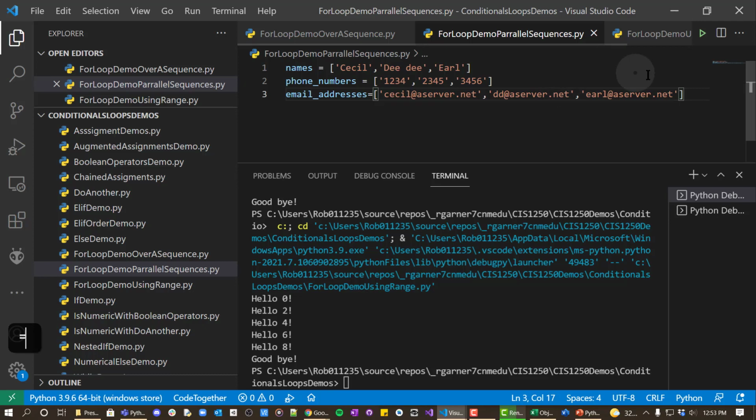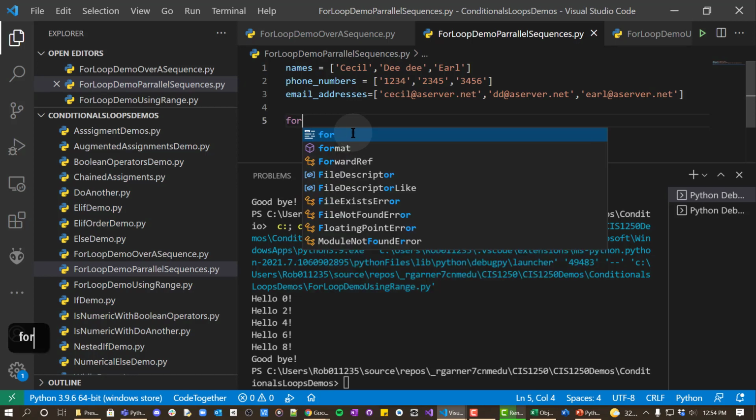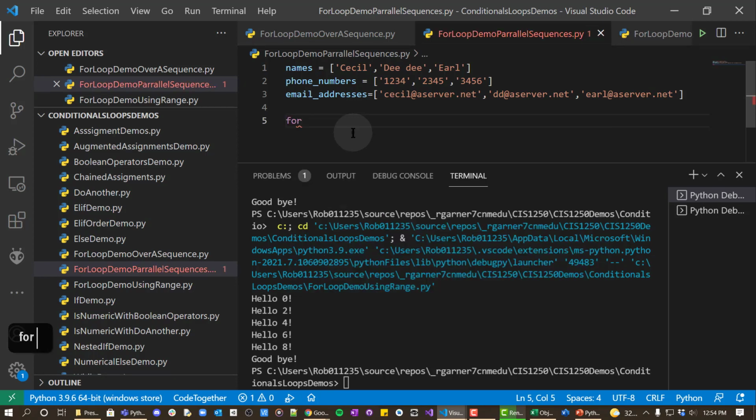They're all lists, and they're all parallel. That means if we have the index for Cecil, it'll apply to this one and this one. And so we can actually iterate through these a number of ways. One is we could say for index, or we'll just say i, in range,